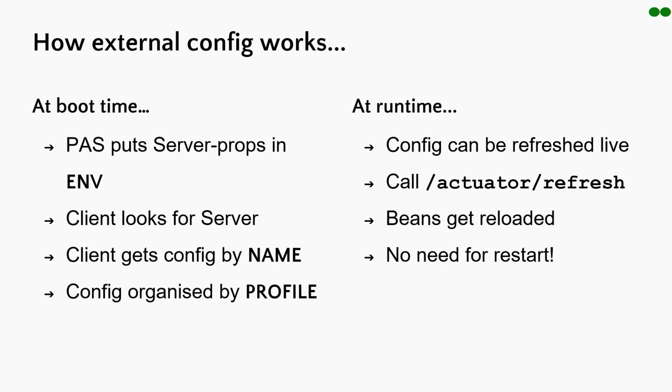And if you remember, that configuration server is backed by Git. So all of the configuration that's in that server is actually in a Git repo, and that's all managed and versioned in the usual way. At runtime, that means that we can do some quite interesting things like refreshing the config live. So while an application is running, without the need to actually bring it down and start it back up again,